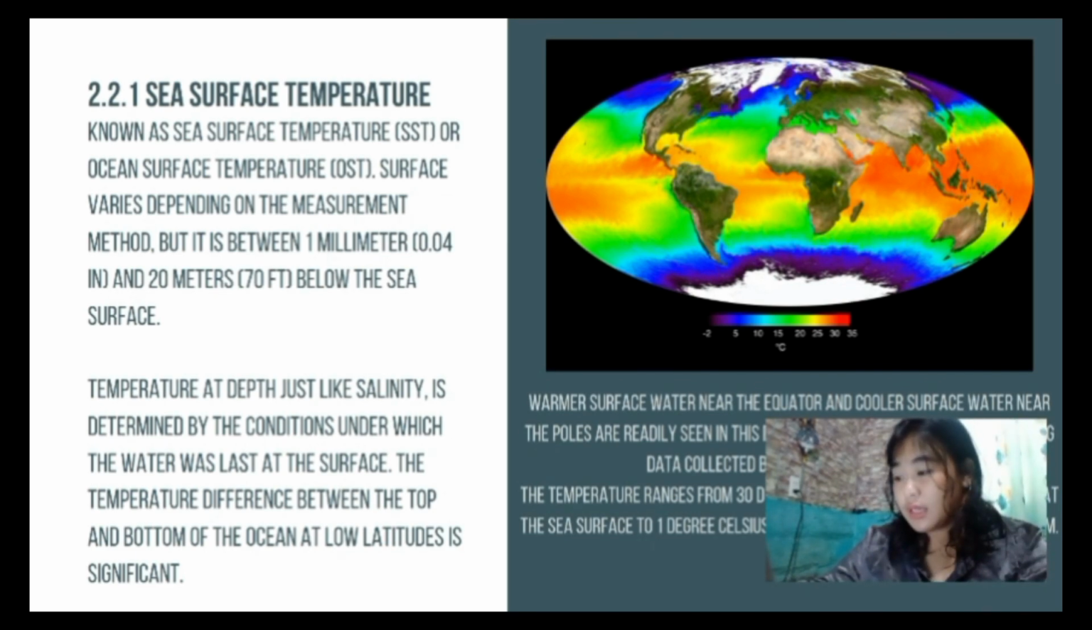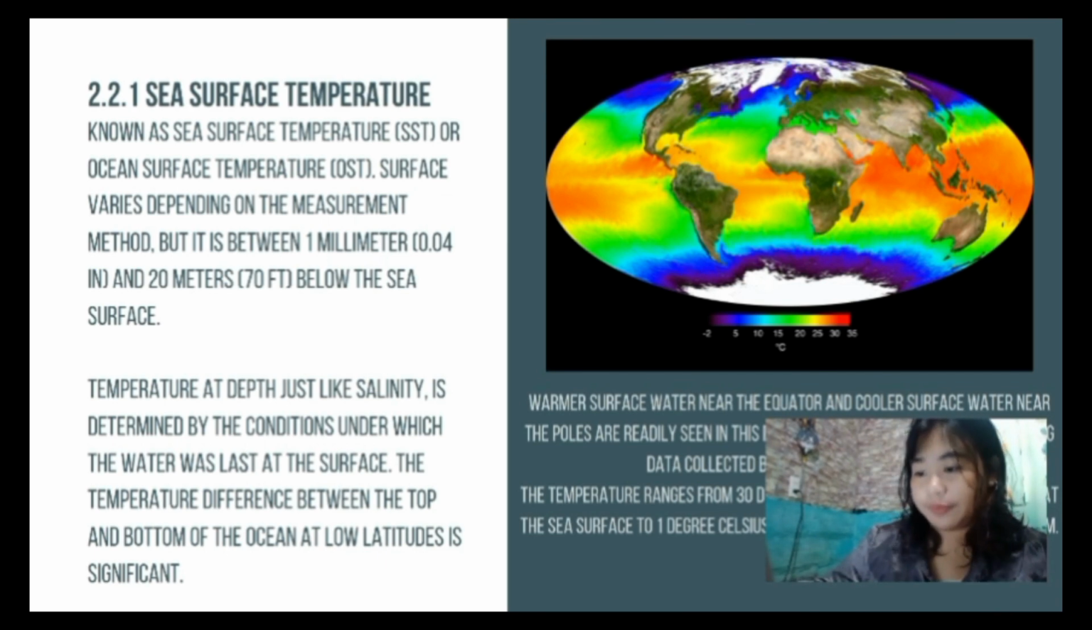What happens in sea surface temperature? The sea surface temperature, just like salinity, is determined by conditions under which the water was last at the surface, and the temperature difference between the top and bottom of the ocean at low latitude is significant. As you can see there in this figure,